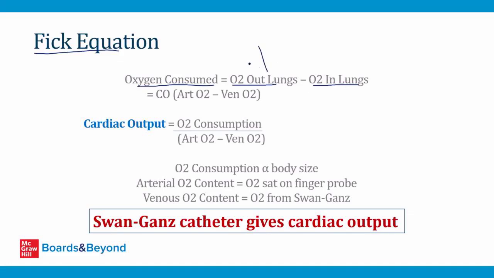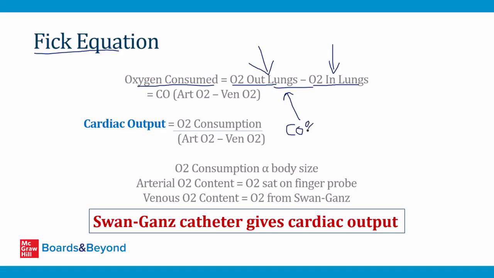So blood here just left the lungs and it's about to go out to the body. Blood here has had lots of oxygen extracted from all the tissue beds in the body. So this difference should equal the oxygen consumed. Well, it turns out that the oxygen out of the lungs is going to be equal to the cardiac output